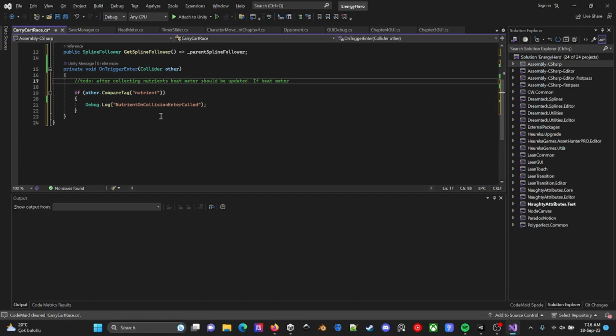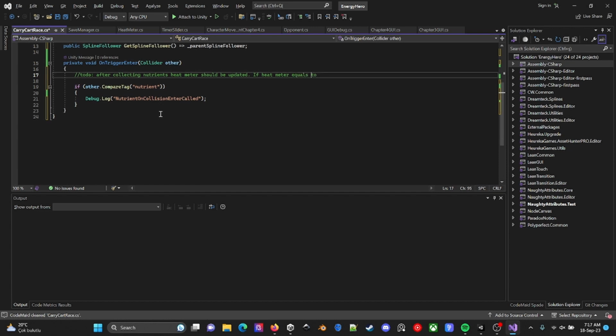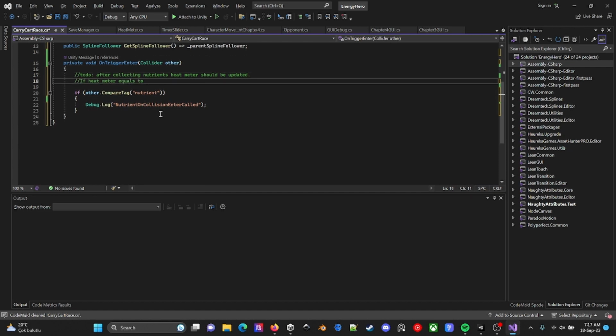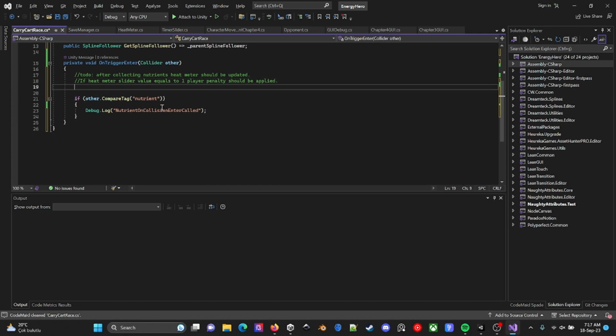If heat meter slider value equals to 1, player penalty should be applied.